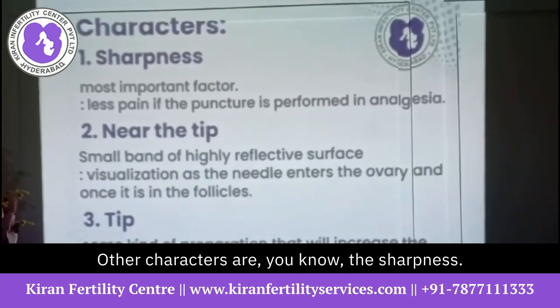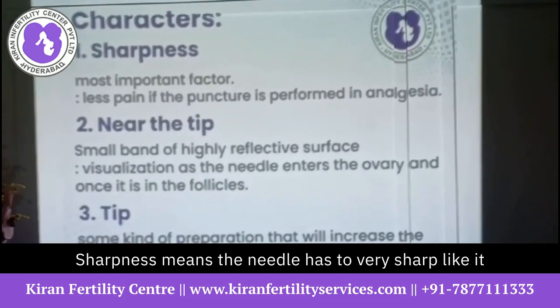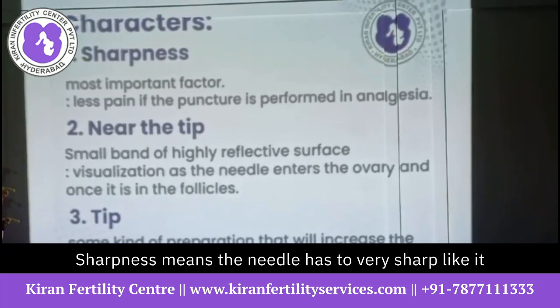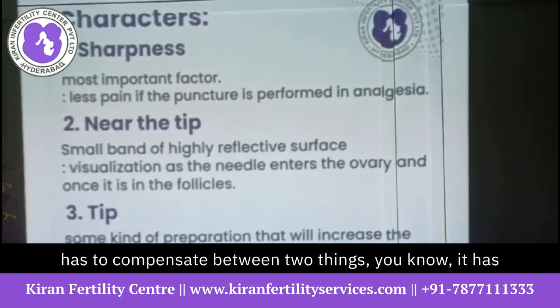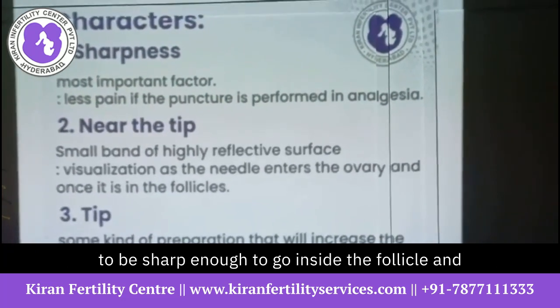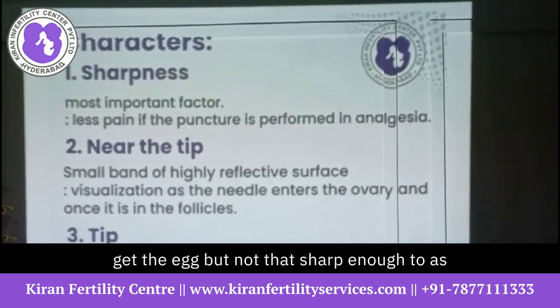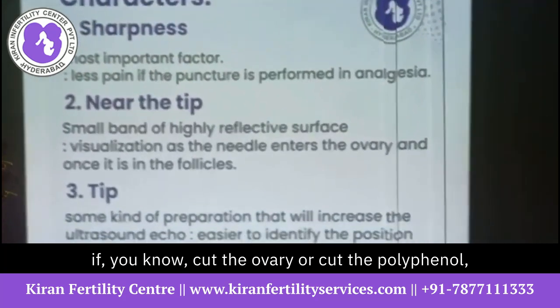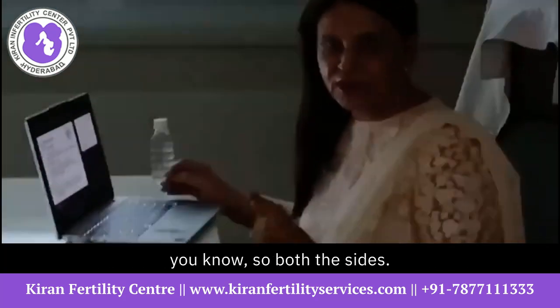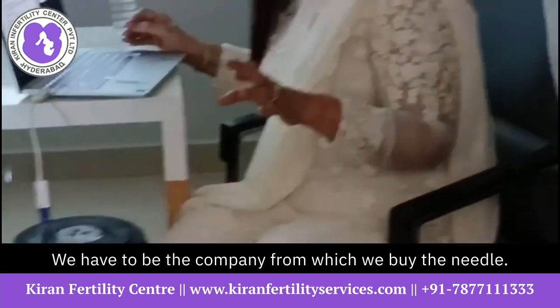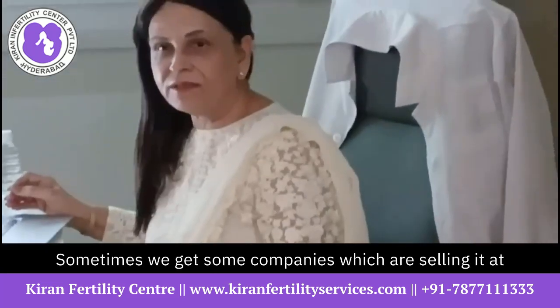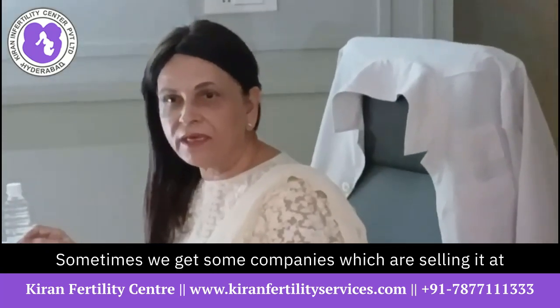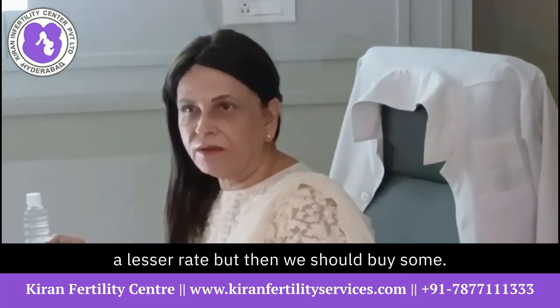Other characteristics are the sharpness. Sharpness means the needle has to be very sharp. It has to compensate between two things. It has to be sharp enough to go inside the follicle and get the egg, but not so sharp as to cut the ovary or cut the follicle. So we have to keep both sides in mind. The company from which we buy the needles: sometimes we get some companies which are selling at a lesser rate, but then we should buy